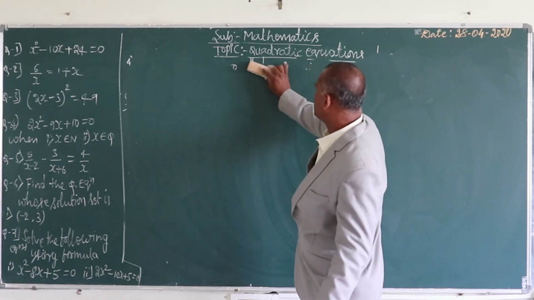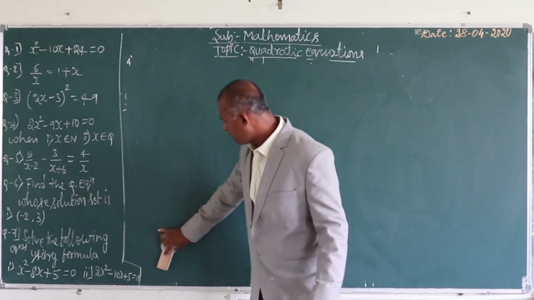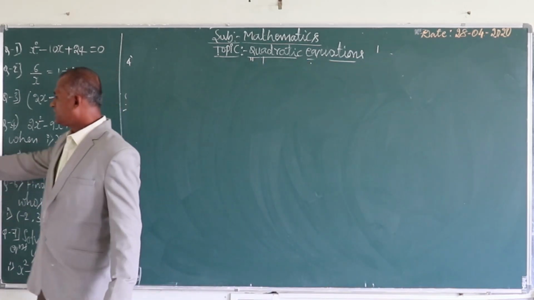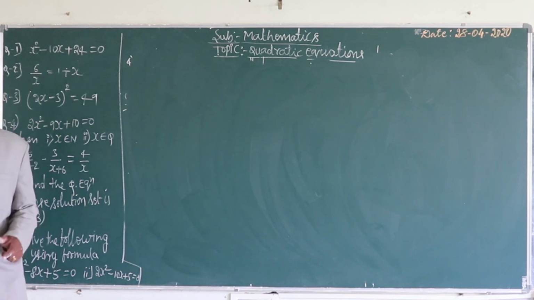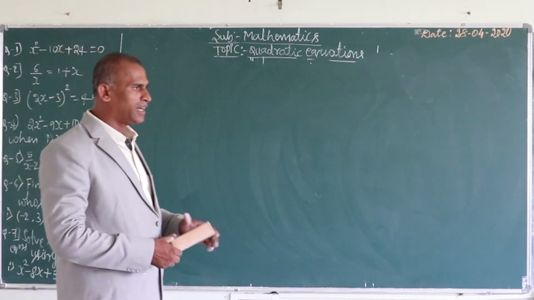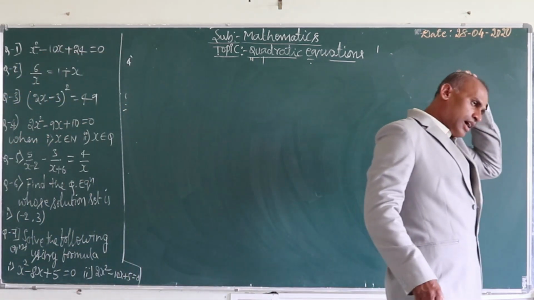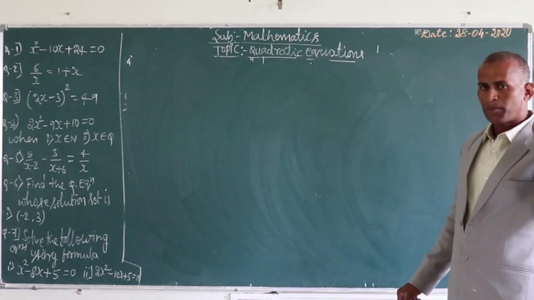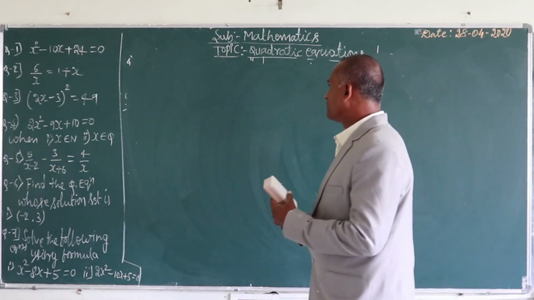Algebra is a simpler form of arithmetic. In arithmetic we use only numericals and practice, but in algebra we will use letters, all small letters, and practice here. This one. Now